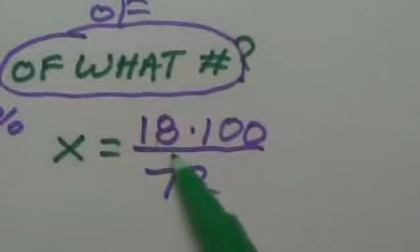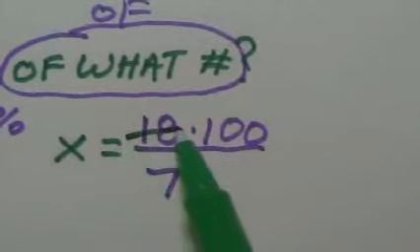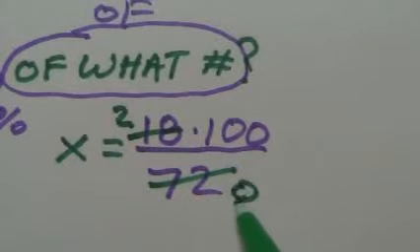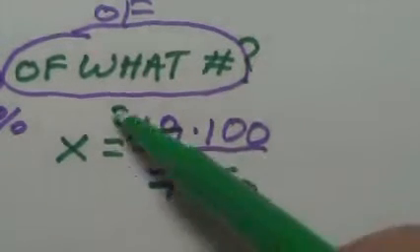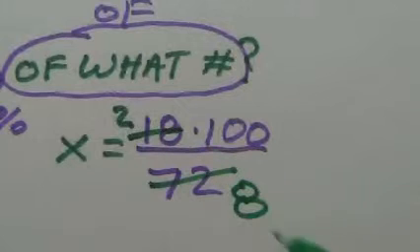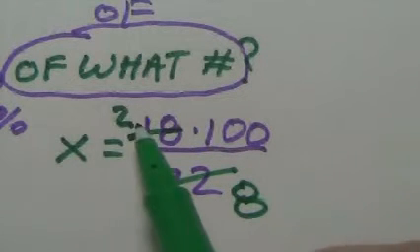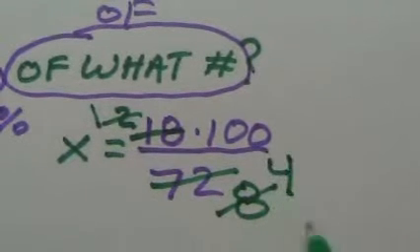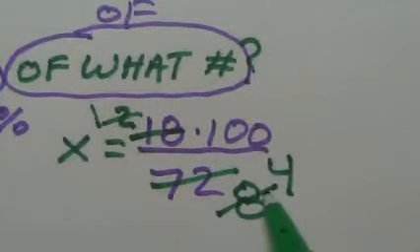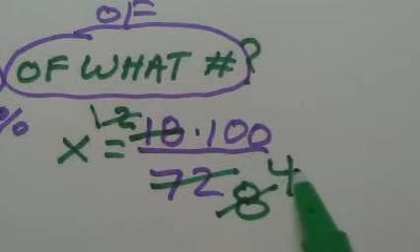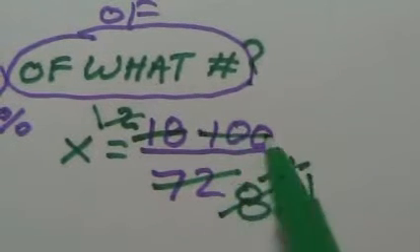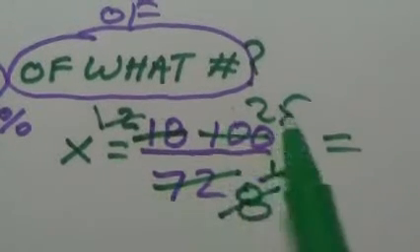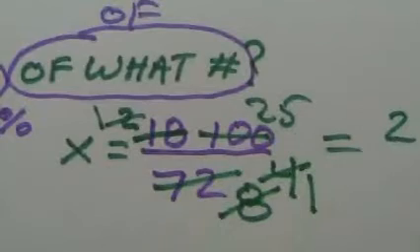Now I know that 9 goes into 18 and 72. 9 goes into 18 twice, and 9 goes into 72 8. You know what? I could have even taken this farther. I guess I could have used 18 into 72. I just didn't know how many times. Well, 2 goes into 2 once, and 2 goes into 8 4. So that's a 1, and that's a 4 now. And 4 goes into 100. 4 goes in there once, and 4 goes in 100 25 times. So my answer is 1 times 25 over 1. That's just